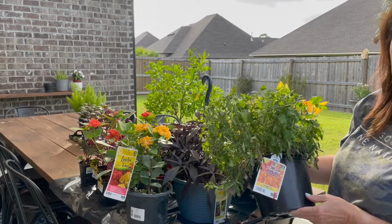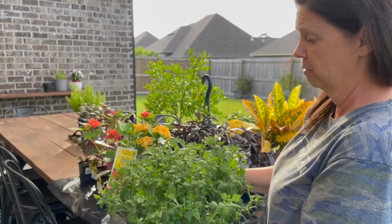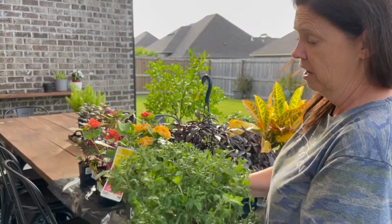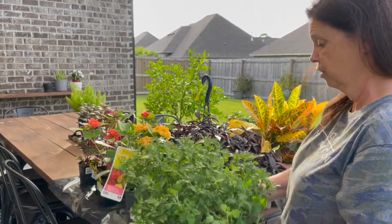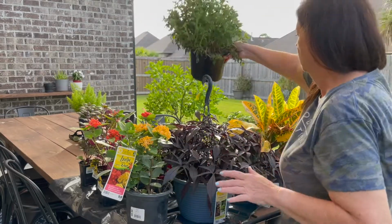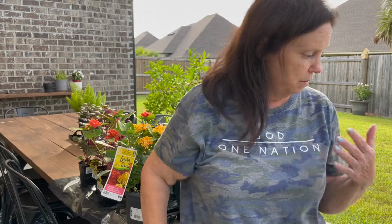I think it's basically because they didn't do a good job of watering them, and they just needed a little bit of water, because I brought them home and gave them a little bit of water when I first got home, and they look good as new now. So I've got orange and yellow mums that I'm going to add to it. And then I also picked up some